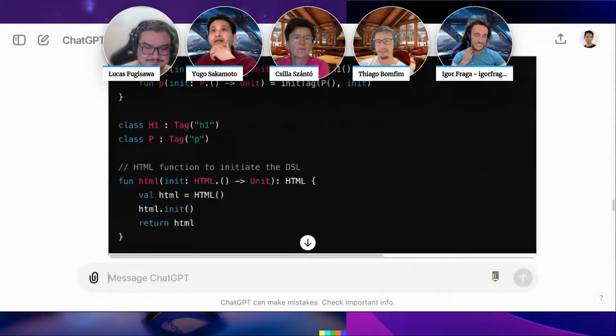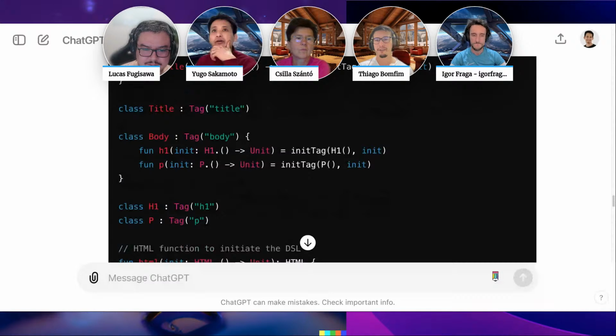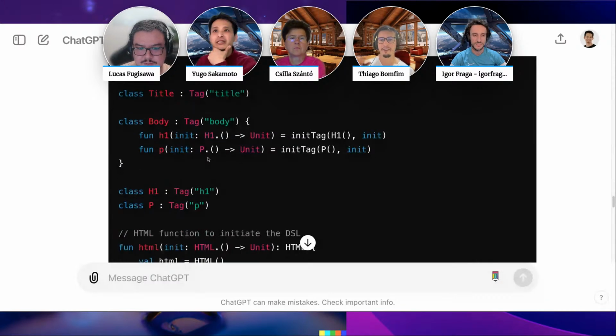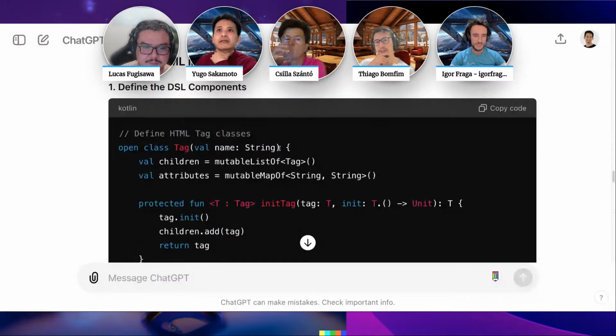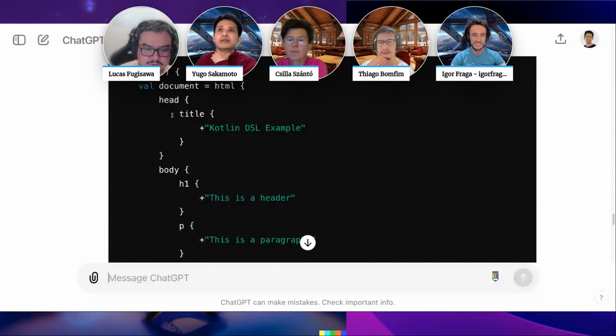That's it, where tag body. I don't know if I could understand it. Yeah, don't worry about it. It's doing that on the first lines. Just take a look at the usage of the DSL, probably in the main function or anything like that. Hey, it did not give a usage.